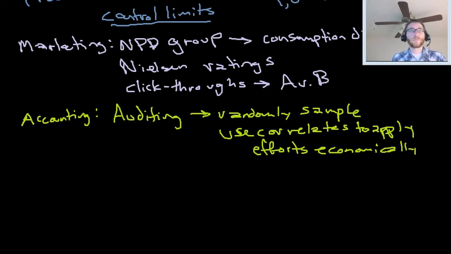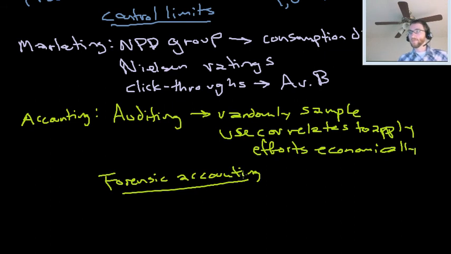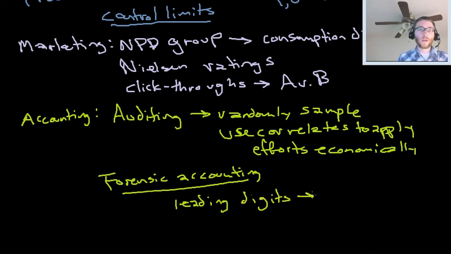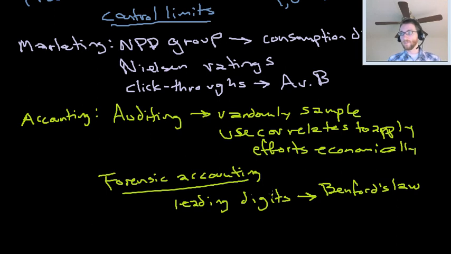What else? If you're interested in forensic accounting, that's when people use statistical patterns that exist in reality to try to find problems. For example, leading digits follow a certain law called Benford's law. If somebody is recording, let's say, expenses for a company, then the leading digits of those should follow a specific law. That means if they're naturally occurring, there's a way to know how they're distributed. They're distributed logarithmically, and you can look to see whether they are.